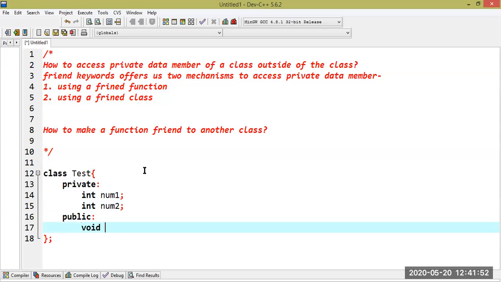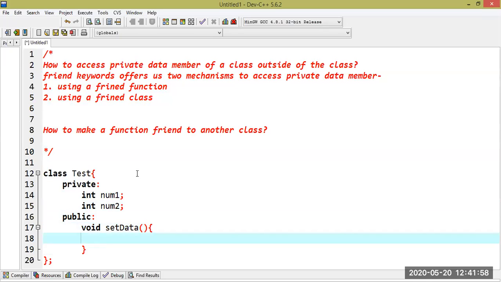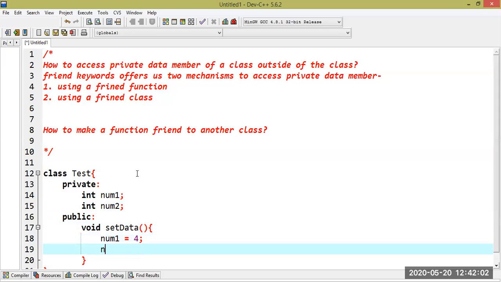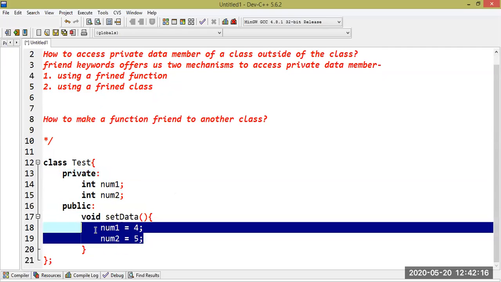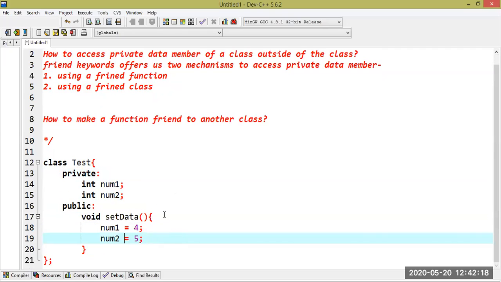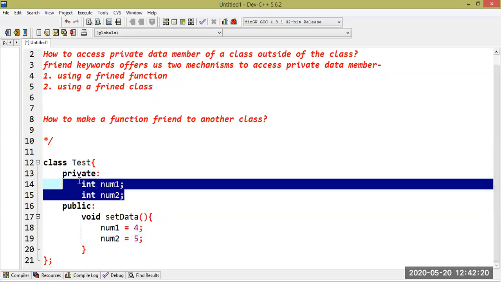For that purpose we use a function void setData, and inside that function we assign some values: num1 equal to 4, and num2 equal to 5. So the data members are initialized. You can also use cin if you want to take input from the user, instead of the assignment operator.